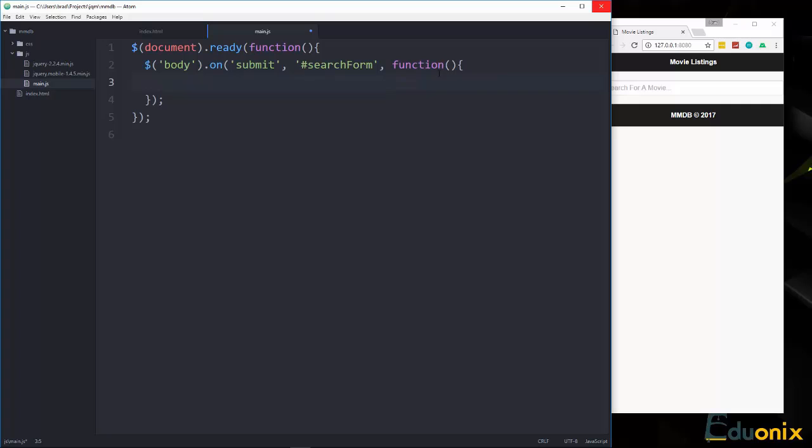Since this is a submit, we need to prevent the default behavior, so we're going to pass along the event, and we're going to say e.preventDefault. And then we want to get the value of whatever we put in here. Remember, this input has an ID of search-text. So what we'll do is create a variable called searchText and set it to jQuery and search-text. I just want to test this out, so let's do an alert of that